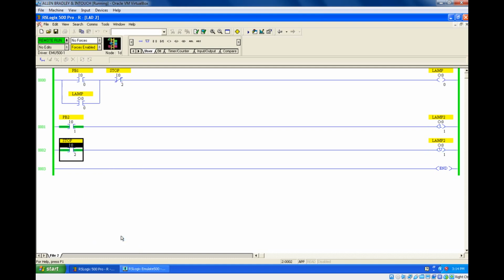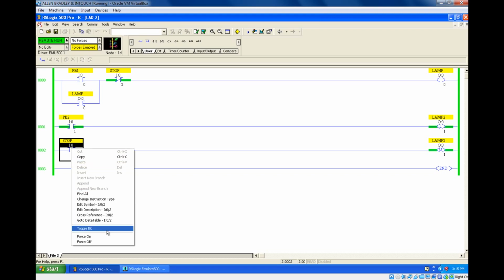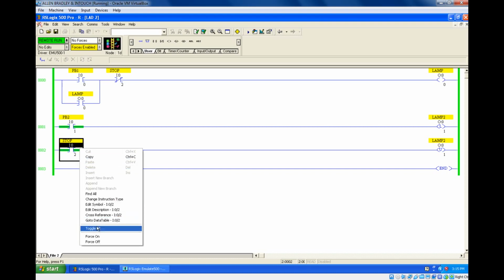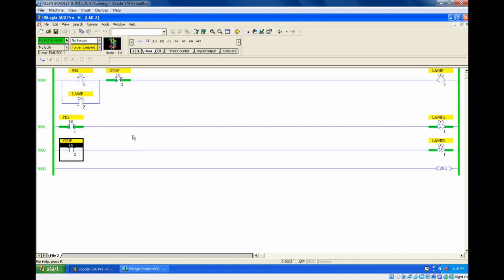It is gone. And if you turn off again, it will come on. Why? Because I have not turned off this. Can you guess? It is giving priority to unlatching. Even though the latching coil is on, it gives priority to unlatching. It goes off, and once you toggle, it comes on again because the latching input contact remains on. So this is latching and unlatching.